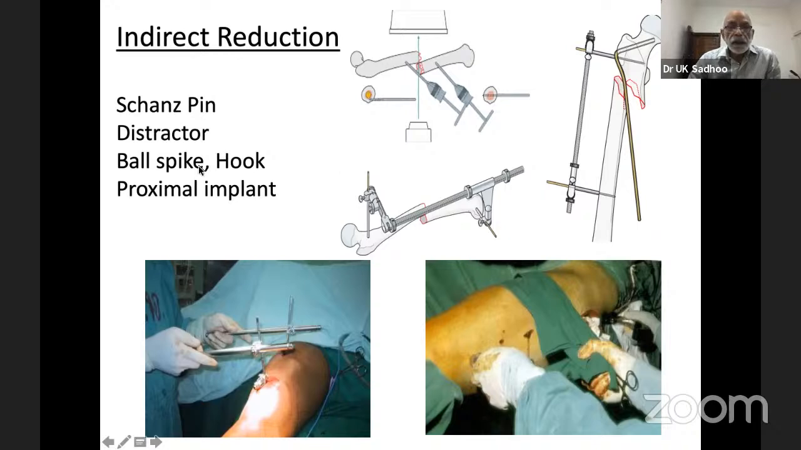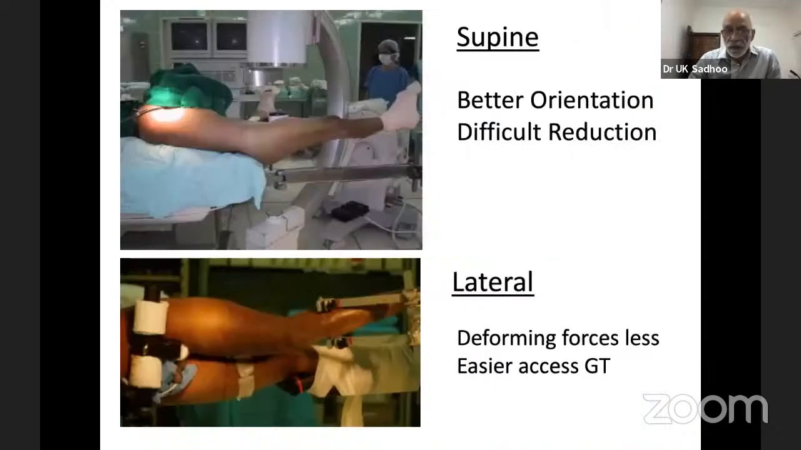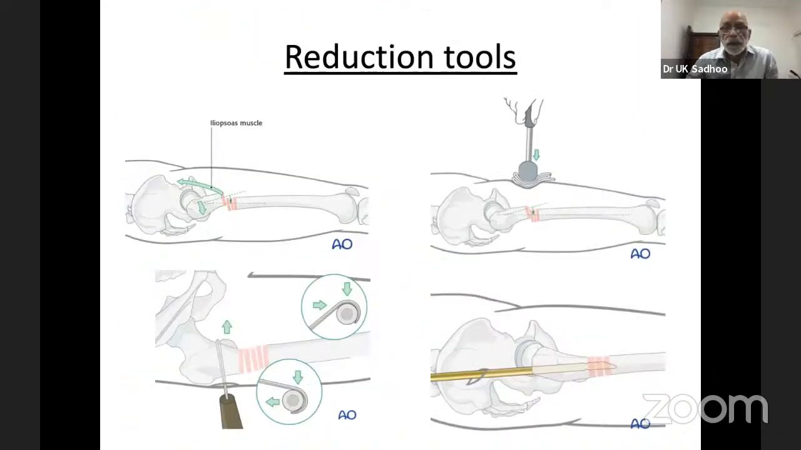So the other tricks we have up our sleeves are the ball spikes, the hooks, and sometimes you have a proximal implant used as a reduction tool. So once you have the patient on the table, a pressure on this proximal fragment to reduce the so-called flexion, neutralize that. You have the hook, which can be passed just over the lesser trochanter to manipulate the